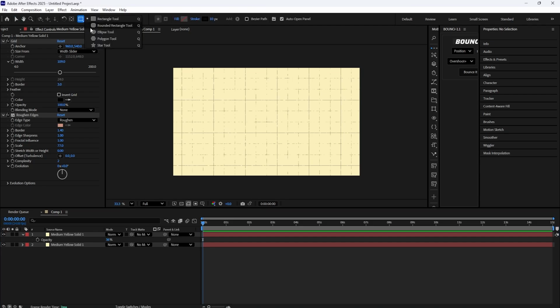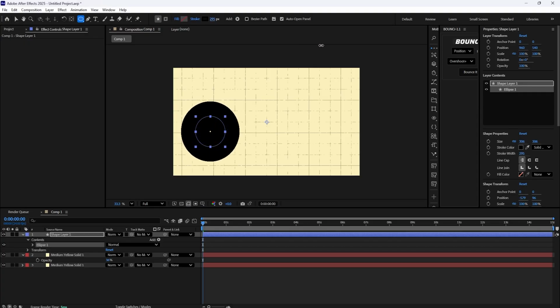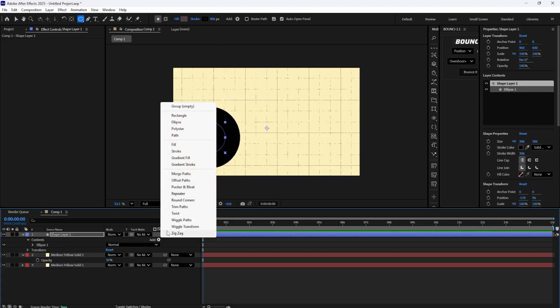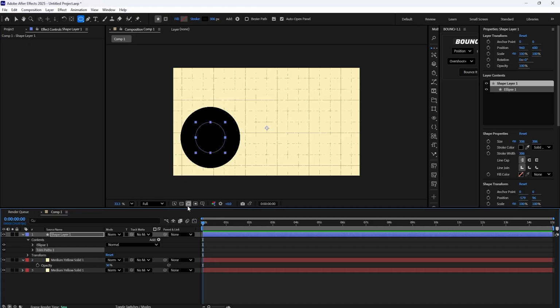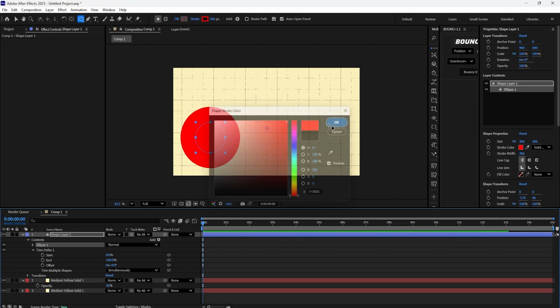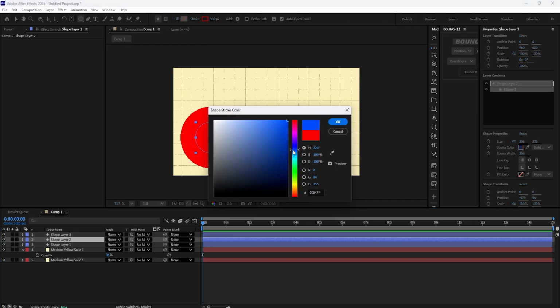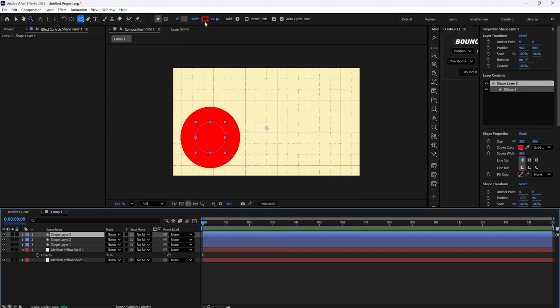Using the Ellipse tool or rectangle tool, draw a circle shape with no fill and a wide stroke and increase the stroke width until it covers the whole circle as shown in tutorial. We'll animate this circle using trim paths. Set the end property from 0% to 100%, so the stroke grows into a full circle. This is the base of our pie chart. The great part is that once you set up this animation, it's very easy to duplicate and adjust it for